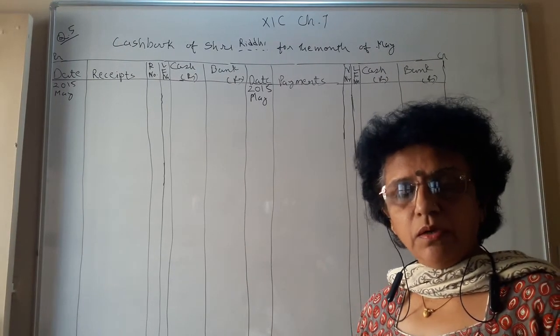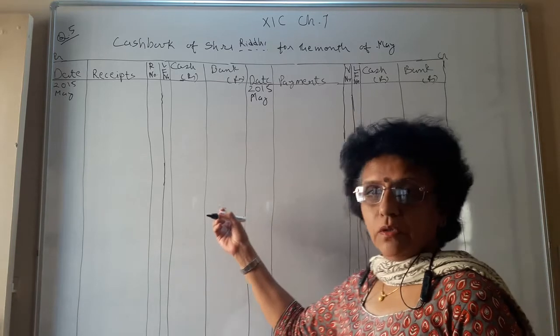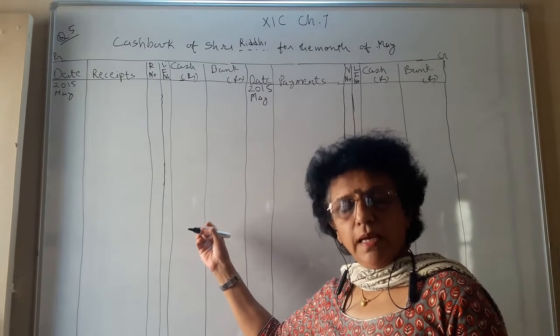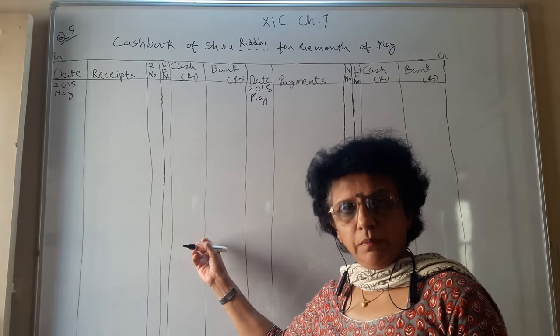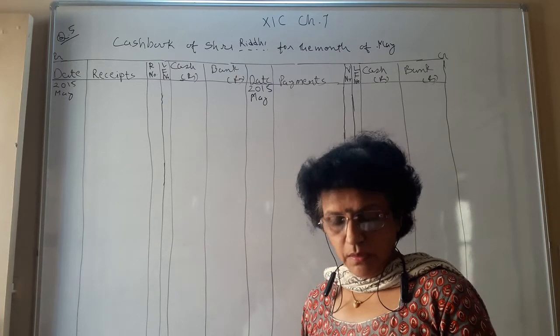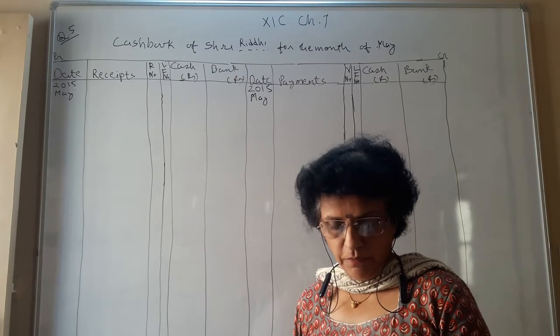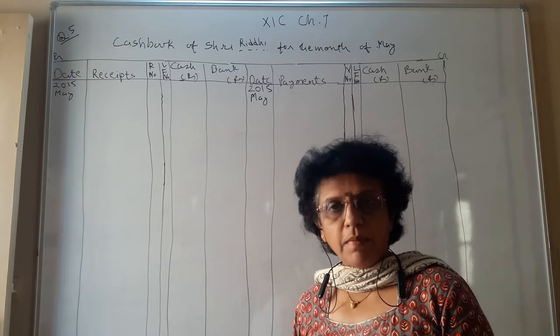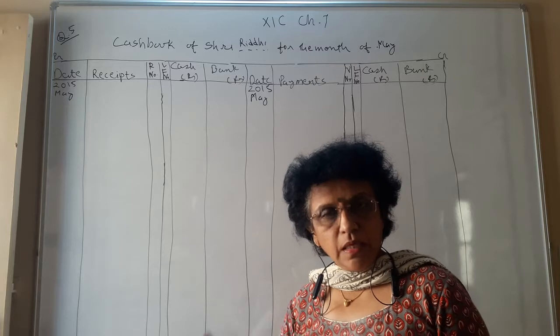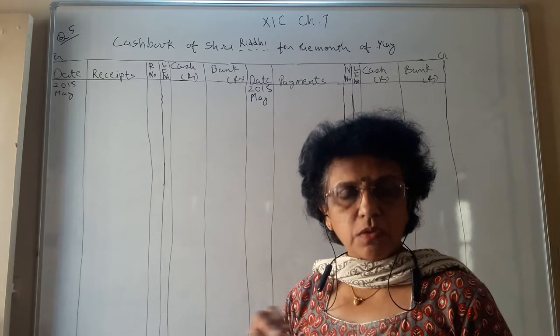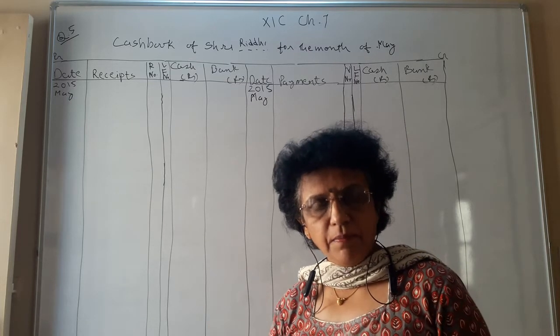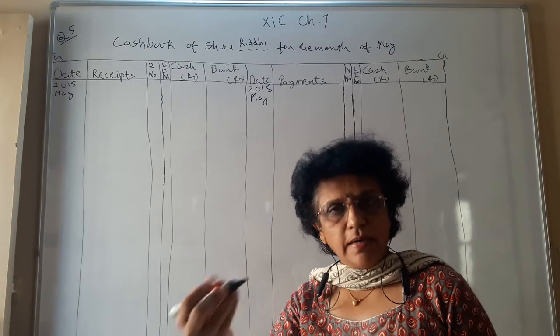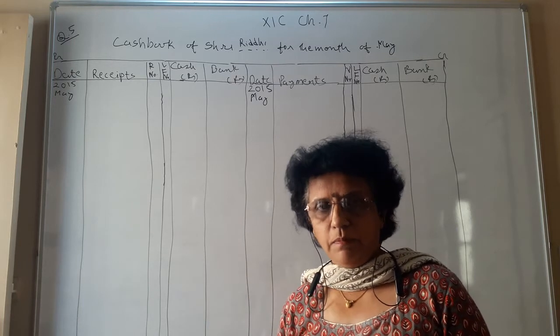When we do the 3-columnar cash book, this point you have to remember well and do the posting of that point properly. Let us begin with 2015 May 1st, opening cash balance 4,000 and opening bank balance 6,000. In the discount column there was no balance, but when you have a bank column you may have a debit balance as well as a credit balance.